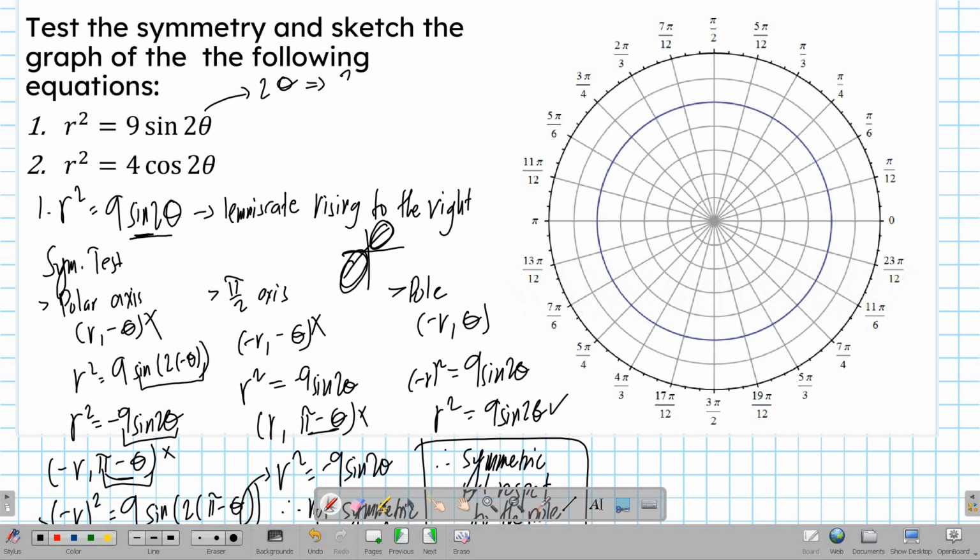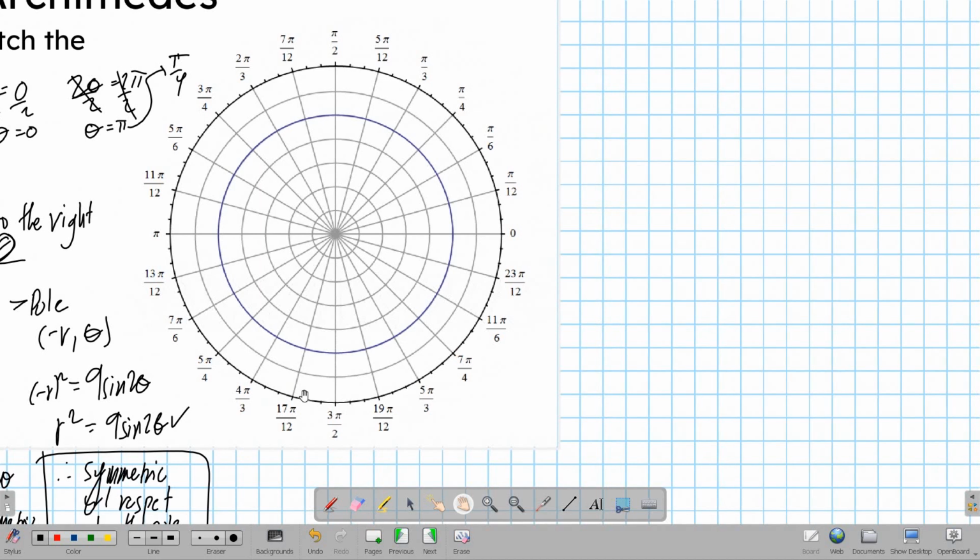Since again it's 2 theta, we would need to have 2 theta is equal to 0, 2 theta is equal to 2 pi, then divide both sides of these equations by 2. So therefore, we'll have theta is equal to 0, theta is equal to pi. Since we end at pi, we divide it by 4. So therefore, our table of values, which I'm going to write here,